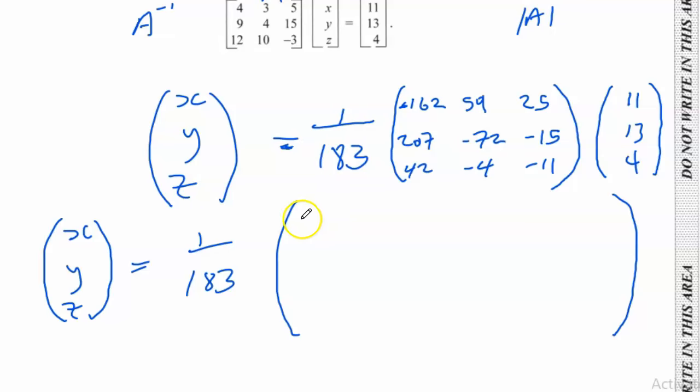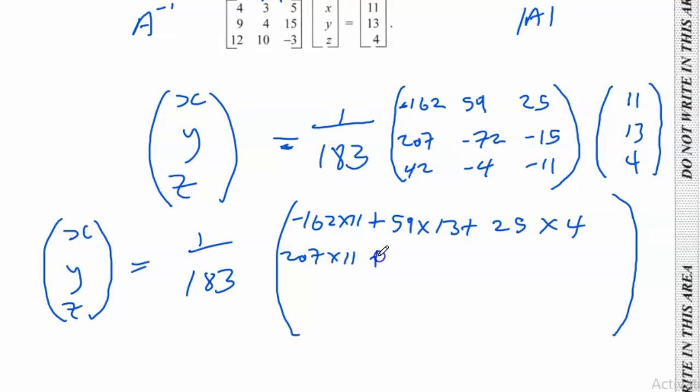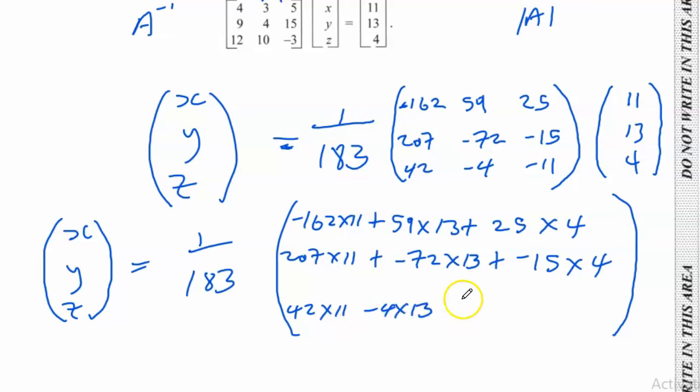So let's go row by column. So minus 162 times 11 plus 59 times 13 plus 25 times 4. Second row by the same column. So 207 times 11 plus negative 72 times 13 plus minus 15 times 4, and the final row, 42 times 11 plus minus 4 times 13 plus minus 11 times 4, and we can use our calculator